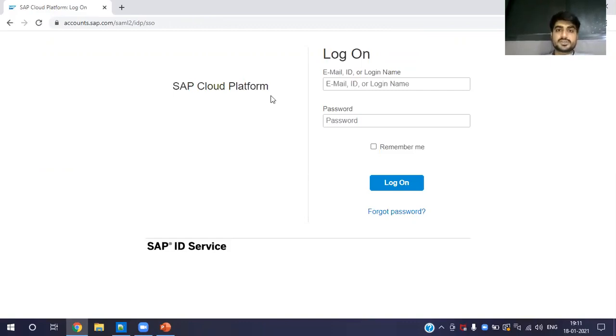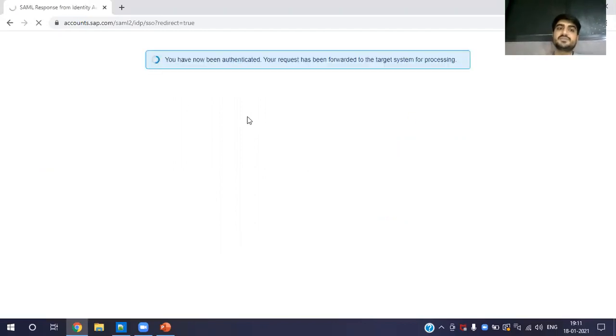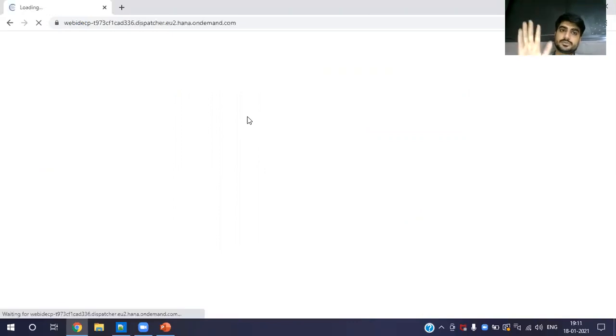But if not, then we need to have extra sessions if we have doubts, or if we still need to connect. And every single step that we have, we will try to put on recording.